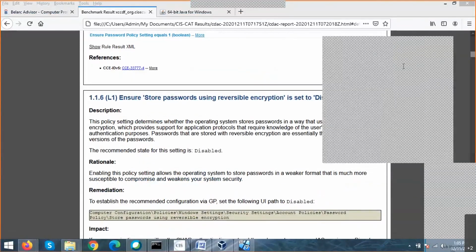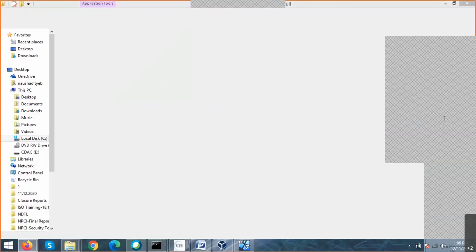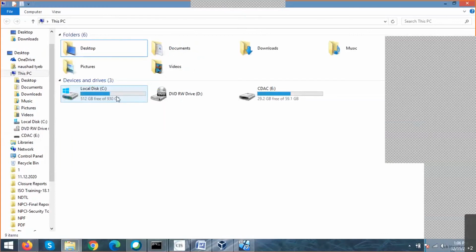I think there is a question. When we audit a domain PC, then this local GPO audit policy will not be applicable. Yes, sir, I think this policy will not be applicable. Your domain controller itself will have the policies. Let me show you one PDF file where exactly it is. I think this system is very slow. Let me show how it can be applicable to both the domain controller and these machines also. I'm showing one PDF for you, and I think you will get a clear idea, Narendra.